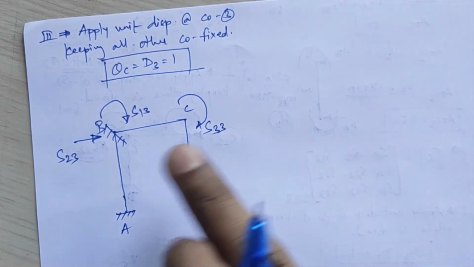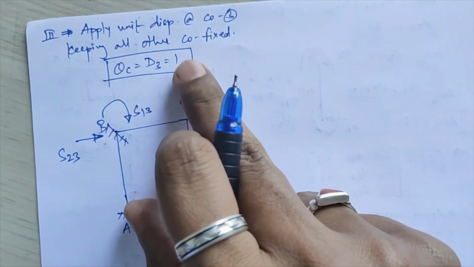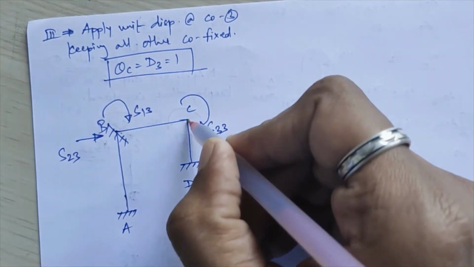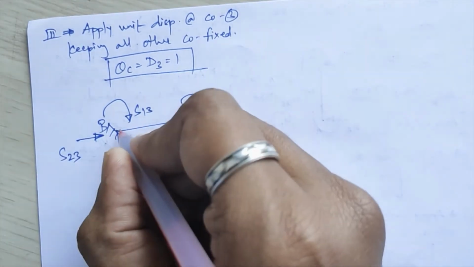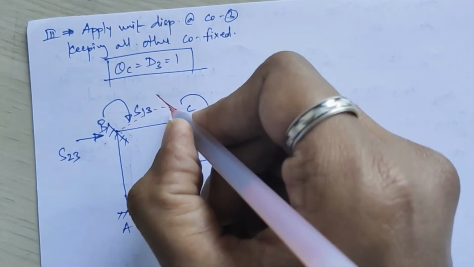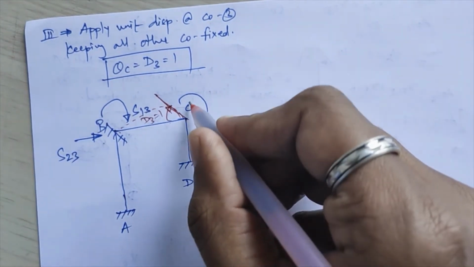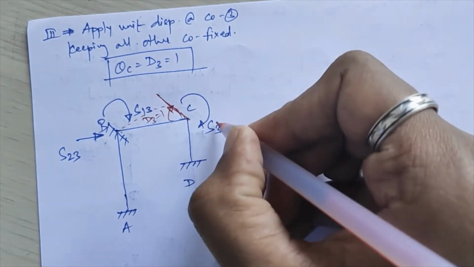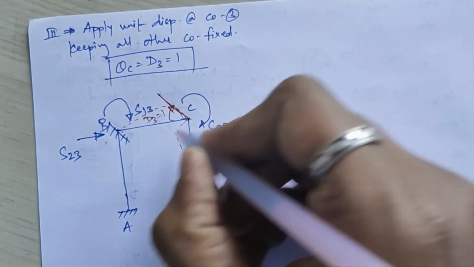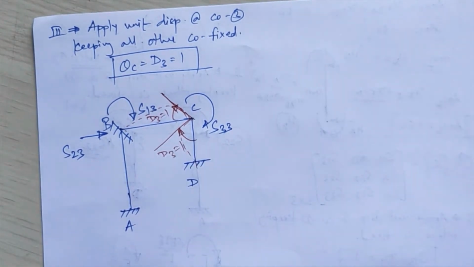So for S33, S13 and S23, we are applying theta C equal to 1 there. We will see the displacement pattern of the CD member. C will be a combination of CB and CD, so this will be a clockwise rotation. For the CB member, that will follow an upward path, which shows this D3 equal to 1. In the same way, the CD member will again have a clockwise path on the inner side, because the moment originates from the inner side, which shows again D3 equal to 1.